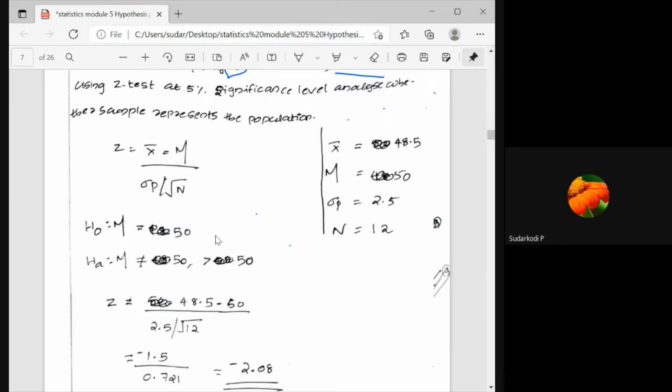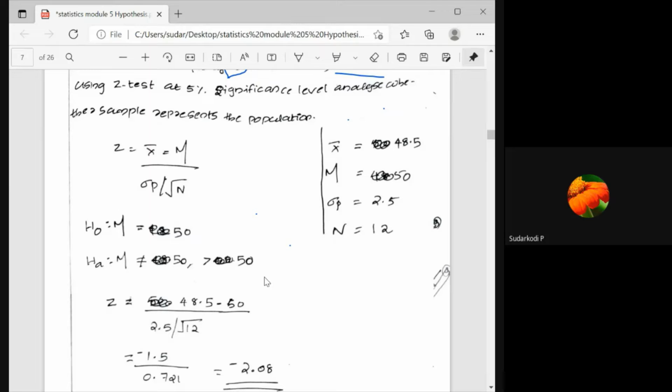Either the process should have a mean of 50, or the process should have an improvement. So in this case your alternate hypothesis is not "not equal"; you have only one option, greater than 50. You don't have the other option, less than 50, because the question says the result should have only higher values or be equal to 50. So when you have only one option, it is called one tail.